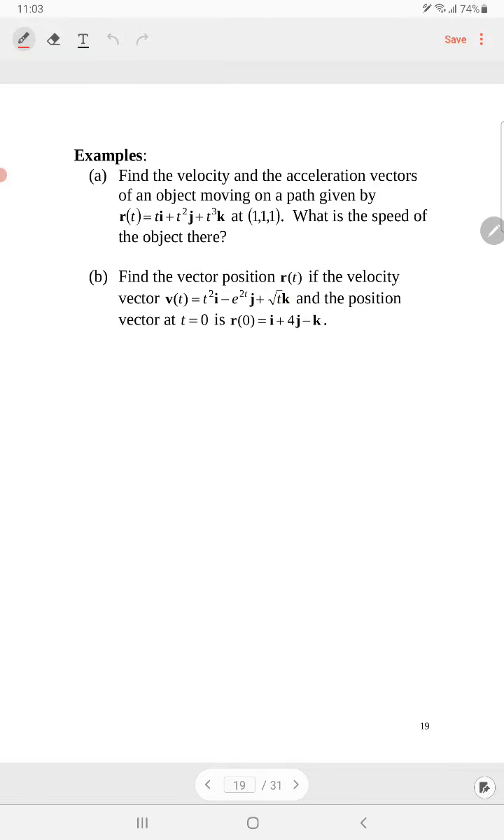Okay, so for how are we doing with time? Yeah, we can continue. Okay, let's look at the first example, example A, where you are asked to find velocity